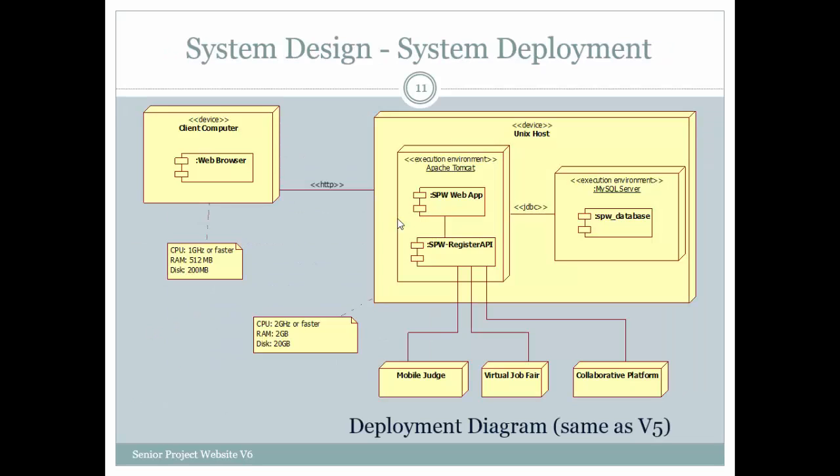Here, I would like to state the software and hardware requirements for the system. For the software, we have PHP 5.1, MySQL 5, Apache Tomcat 2.2, Java 7, and the Windows operating system. For hardware, we have a CPU with 2 GHz clock speed, 2 GB of RAM, and 20 GB of disk